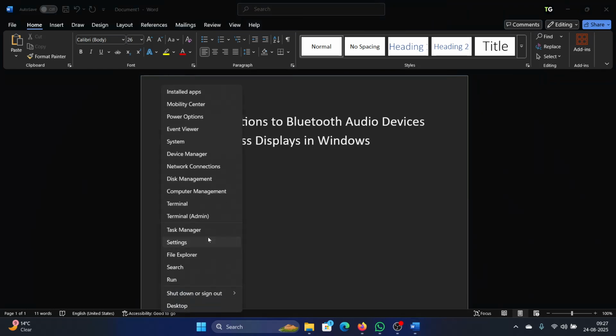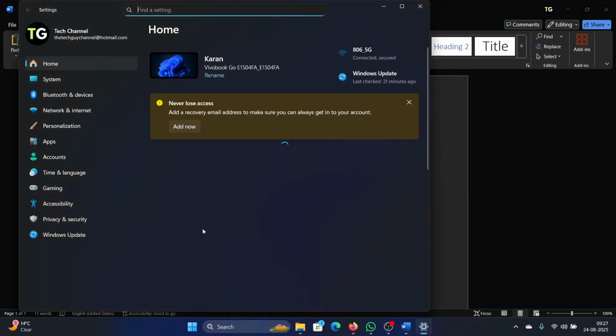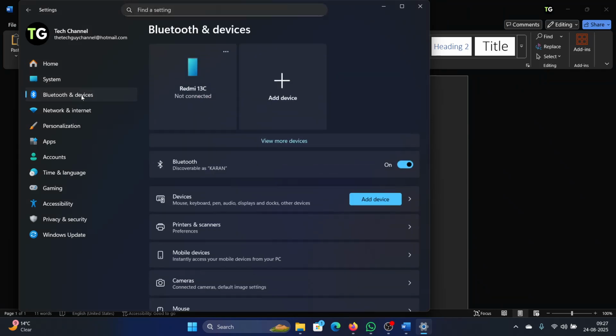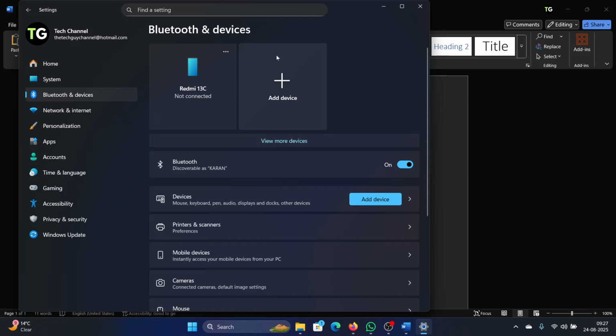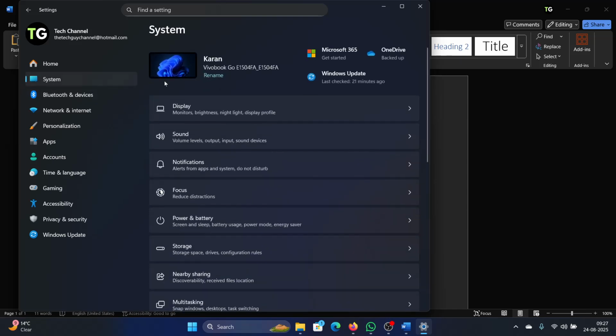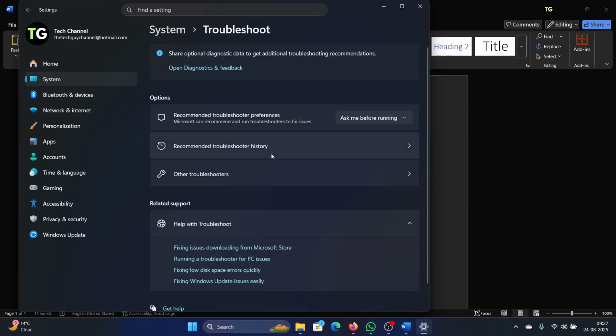So right click on the start button and select settings from the menu and then go to Bluetooth and devices and then try to re-add it through the add device option. Now this is one solution, but then you can go to the system tab, scroll down to troubleshoot and select